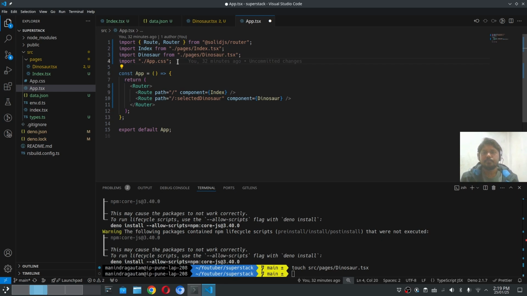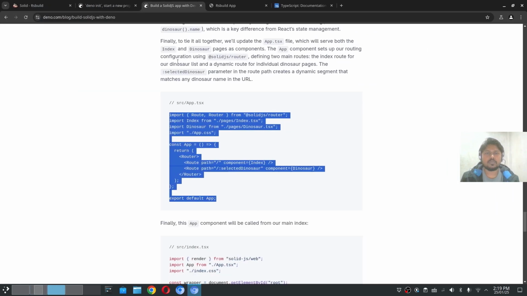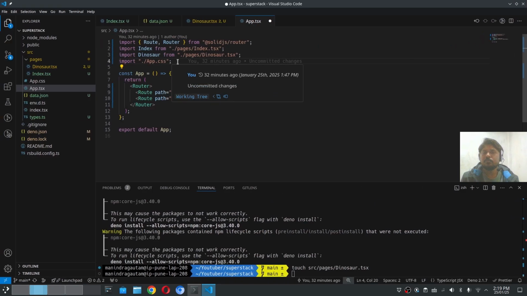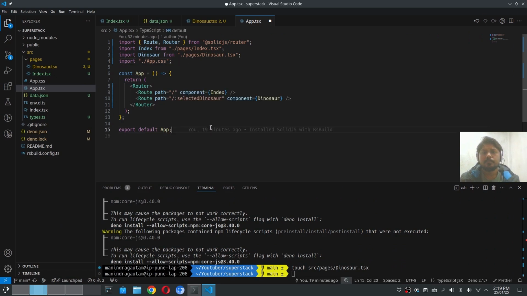Okay, so now we will check the index route is fine, dinosaur route is also fine, and path is selected dinosaur and the component is Dinosaur, but